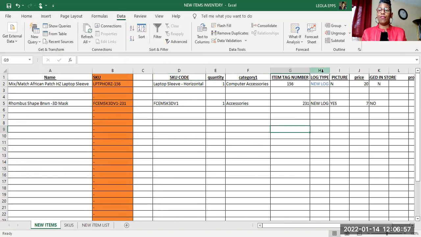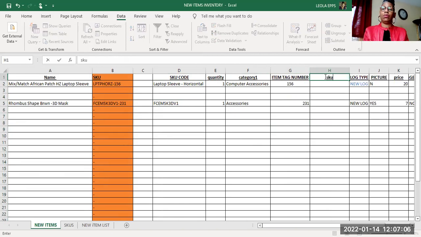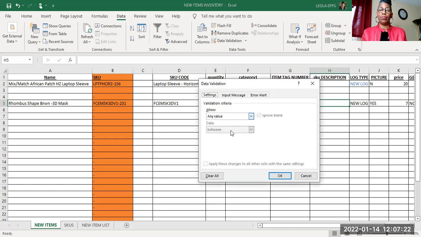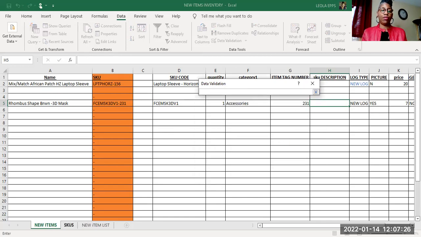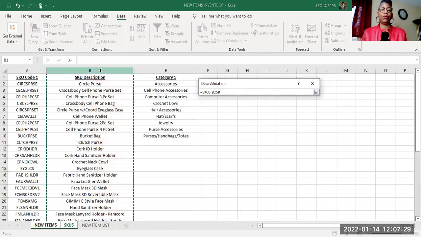So not to mess up my formula, I am just going to insert a blank field there. I'm going to put SKU description. And this is where I'm going to put another drop down using that data validation screen. Go back into the data tab of Excel, hit data validation. I want to put a list. I now want to go to my SKU tab and I need to put,